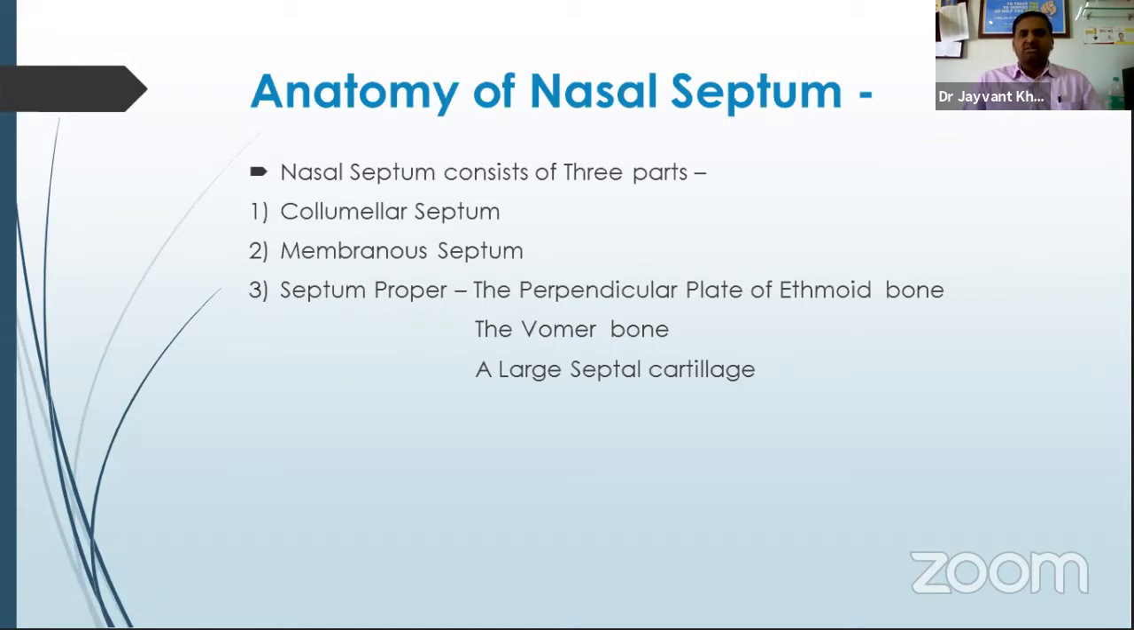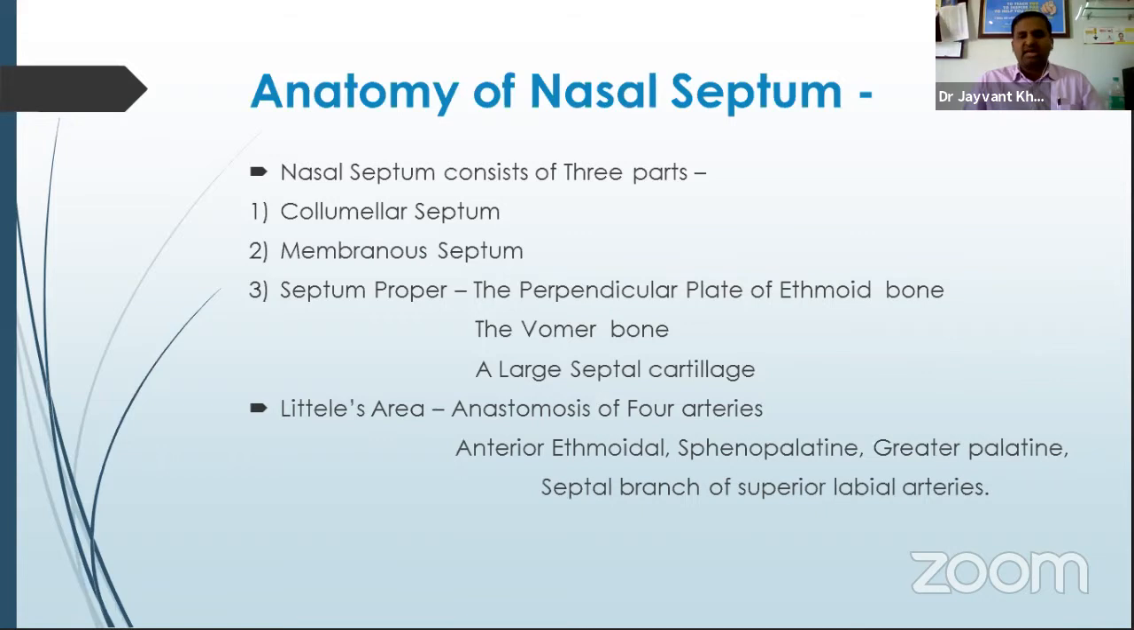Septum proper consists of the perpendicular plate of ethmoid, vomer bone, and large septal cartilage. Little's area, anastomosis of 4 arteries: anterior ethmoidal artery, sphenopalatine artery, greater palatine artery, and septal branch of superior labial artery. Okay. Then next,